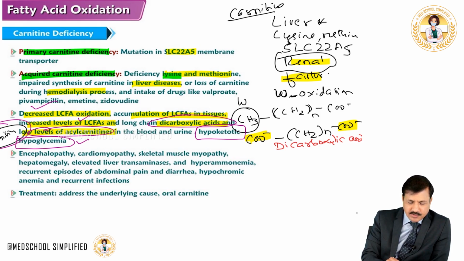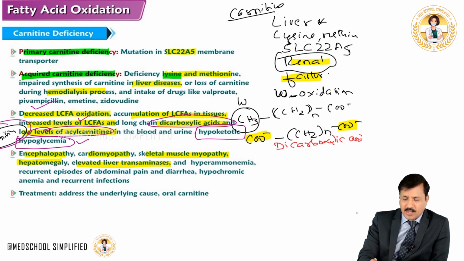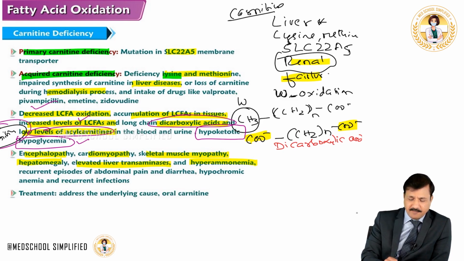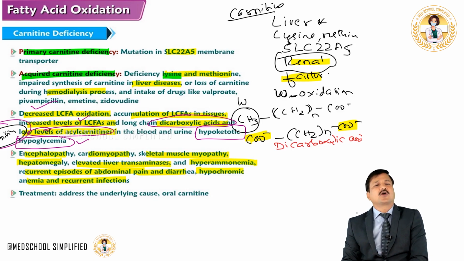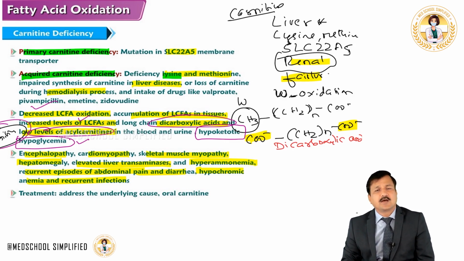Along with that, the patient will show encephalopathy, brain is affected; cardiomyopathy, cardiac tissue is affected; skeletal muscle myopathy, skeletal muscles affected; hepatomegaly, liver being enlarged; elevated liver transaminases indicating there are abnormalities in the liver; hyperammonemia because the liver is failing and the urea cycle is affected; recurrent episodes of abdominal pain, diarrhea, hypochromic anemia and recurrent infection. All these are signs of carnitine deficiency, directly or indirectly related to a lack of energy coming from oxidation